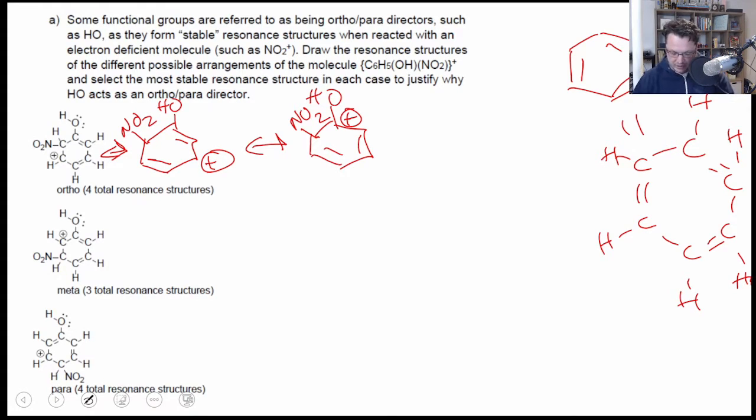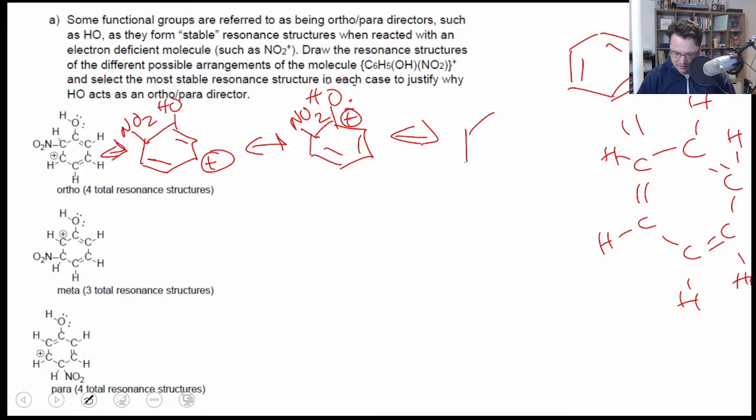And so now the last thing that we can think about is that we have that positive charge on that carbon that's bound to the OH group. Now, again, you have that positive charge. There's an OH group nearby that has lone pairs. And so those lone pairs can get moved in to form a new resonance structure in that case, where it'll form a double bond between the carbon and the oxygen. And now the positive charge gets moved. And so if we do that,